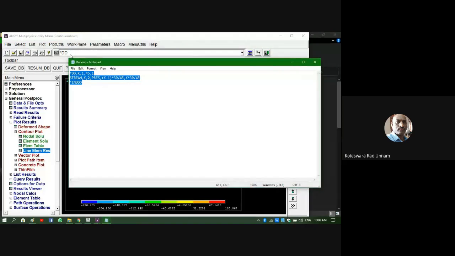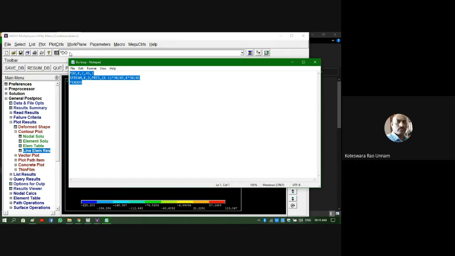Whatever syntax it is showing here, do parameter, I have taken the parameter as k, initial value is 1, final value is 45 and increment is 1. Why do I have to take the increment as 1? Because my element number is increasing continuously. From 1 to 45 I need to apply. So therefore I can take it as 1, 45, 1. Or else, alternatively, if you want to apply differently, you can do that also. But in our problem, we can't do that. We need to apply continuously, so I can take it like this.